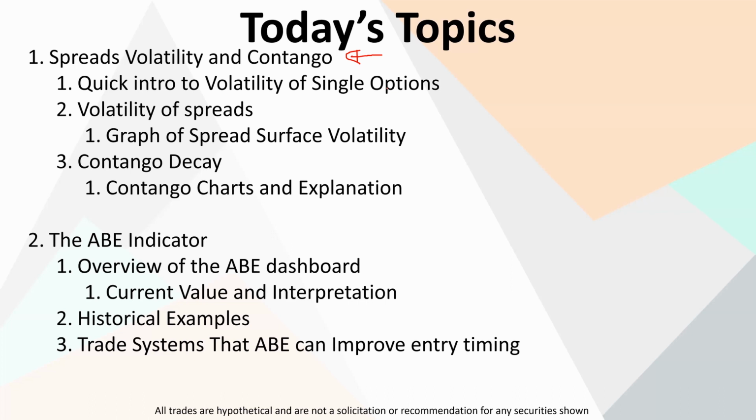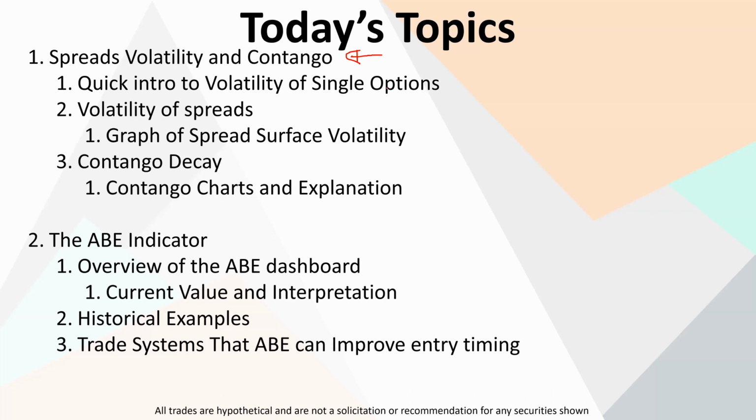And then we'll go into the volatility of spreads, and I'll show you guys some cool graphs on that. And then I'll go into contango decay, and that's probably going to blow some minds. I know it blew my mind when I first discovered this, gosh, it's been 10 years now. Anyways. So moving forward, then we'll go into the Abe indicator and kind of what it looks like,